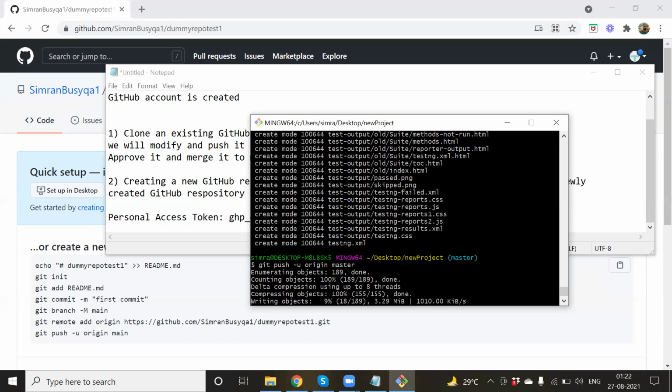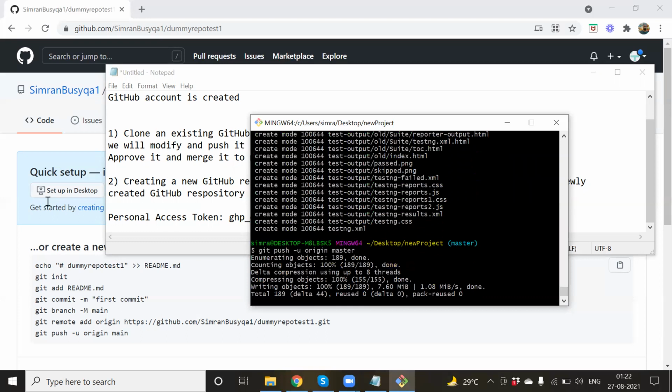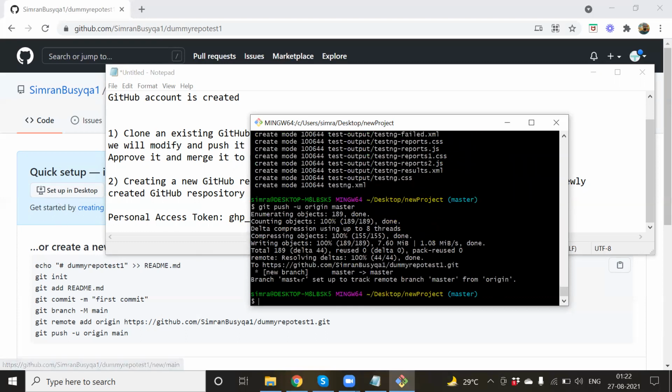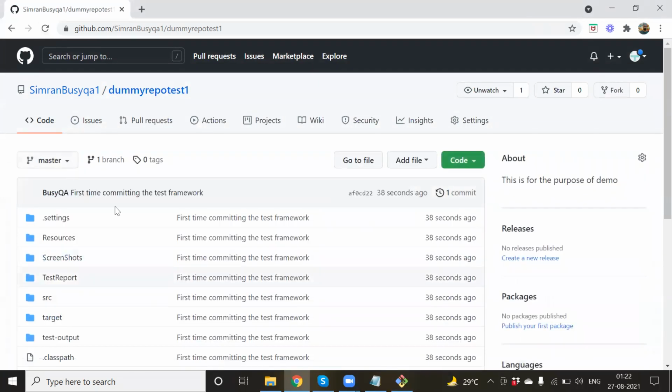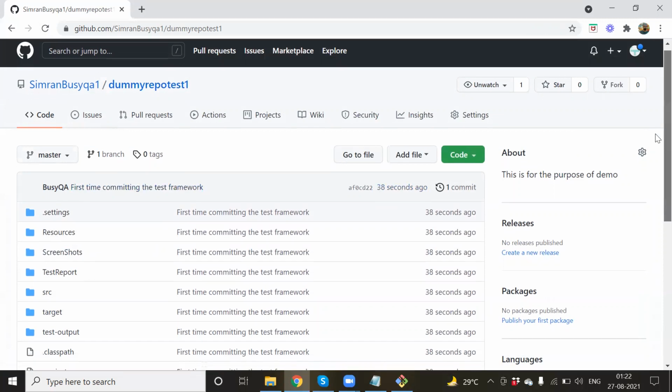Yeah, it is. It started writing the objects, guys, online. So now it is actually pushing the code into the global repository. Now it is able to create this remote master from the local master, which is this online master basically. So if I refresh this, now you can see, guys, it says 38 seconds ago somebody has done this.